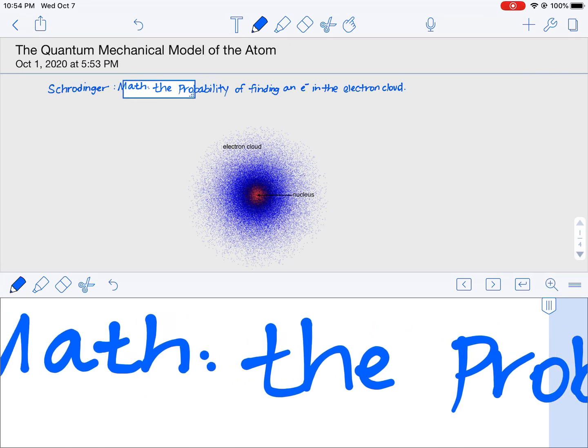So again, Schrödinger did a lot of math, and we watched a video where all the mathematical equations gave these different shapes to what the region of space where the electron would most likely be found would look like, and we're going to elaborate on them in a moment. So looking at the diagram here,